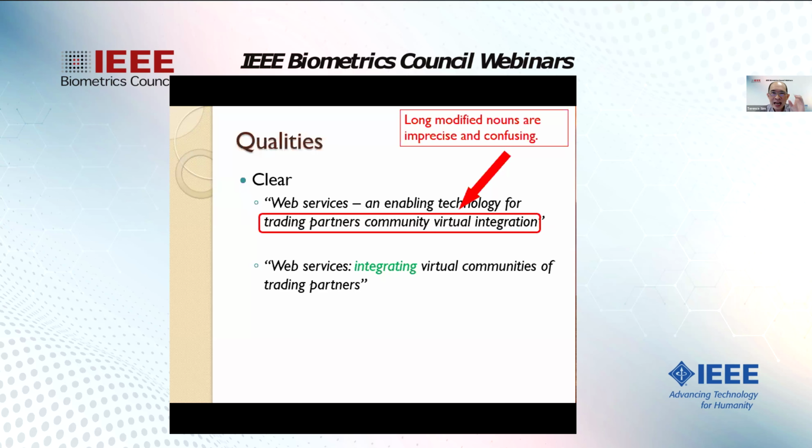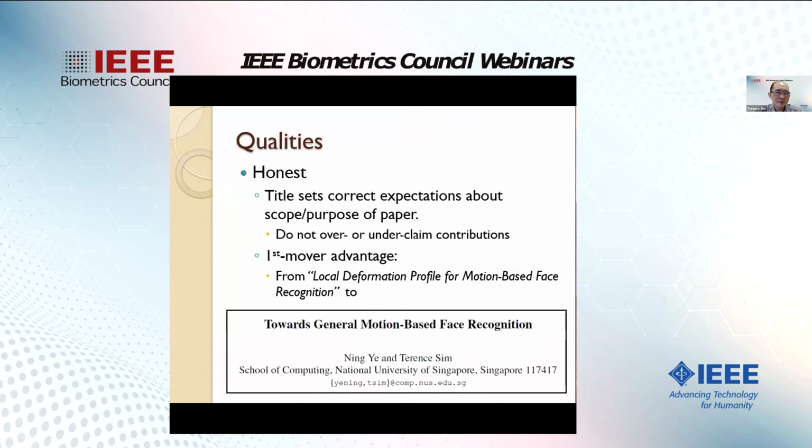Use verbs. Verbs are action words. People like action words. They grab attention. They are good, so prefer to use action words. Your reader will be drawn to it. So here's a way of making it clearer by avoiding all these long, complicated adjectival phrases or nouns. And like I said here, use verbs. Verbs make your title stronger.